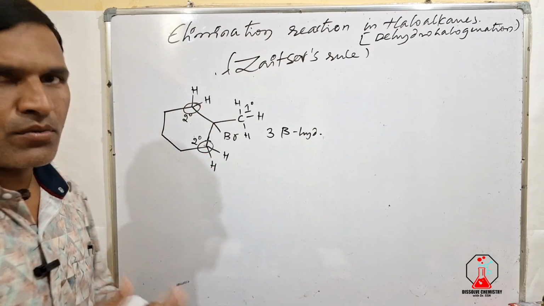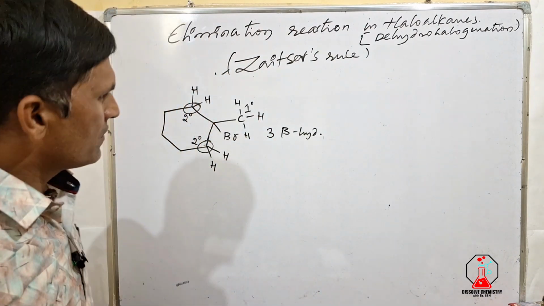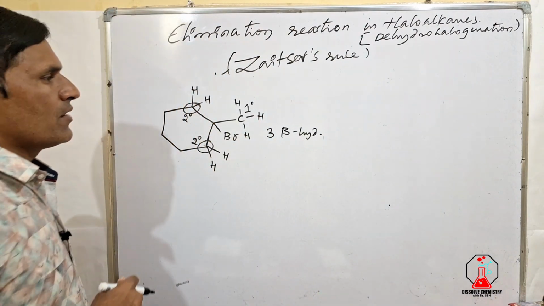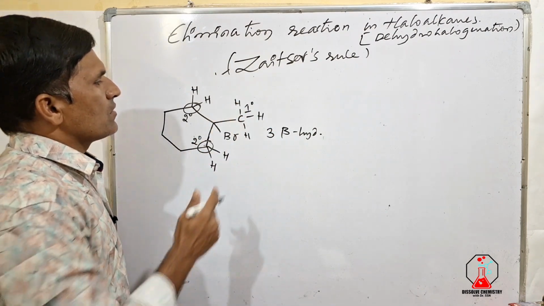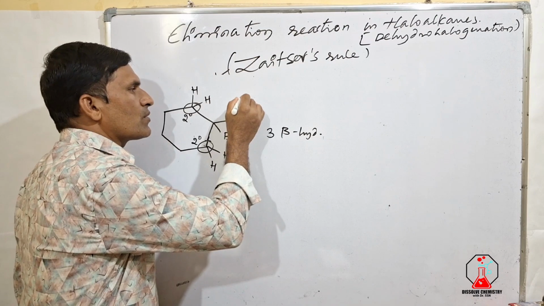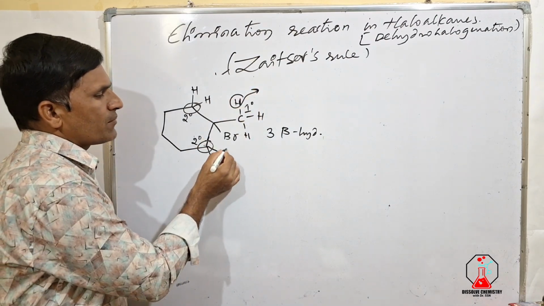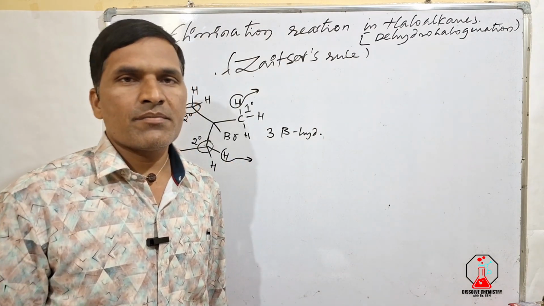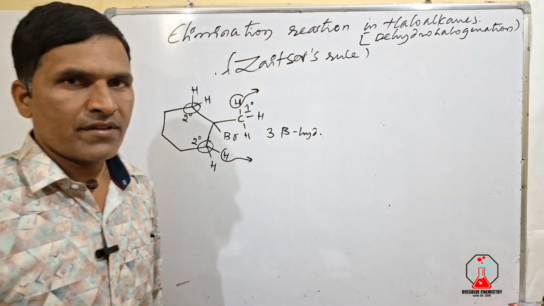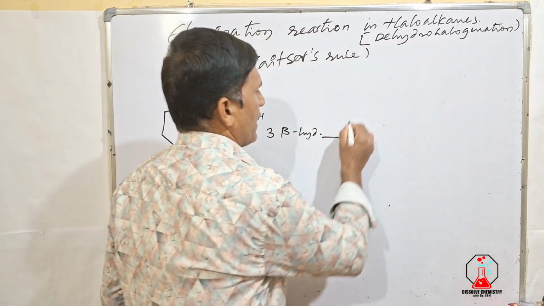Either you abstract a proton from any of these carbon atoms, it doesn't make any difference, it is the same thing. Now according to Zaitsev's rule, instead of abstracting a proton from the primary carbon atom, the proton is abstracted from the secondary carbon atom by the Lewis base, or strong nucleophile, or strong base we can say, leading to the product as